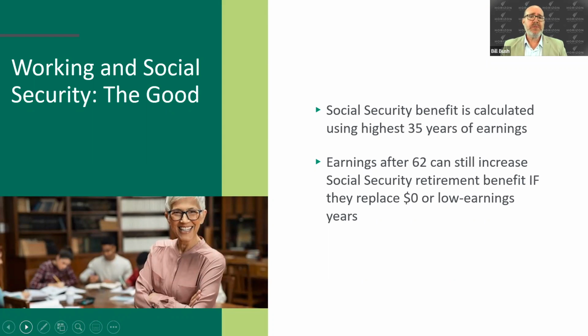But there is good news. So earnings at any age can help you increase your Social Security benefit. And thanks to how Social Security calculates those benefits, replacing several years of those zeros with even modest earnings can positively impact your benefits. And by the way, we do have a webinar solely about Social Security on our website, horizonfg.com, under events. You can see that if you're more interested in diving down into Social Security benefits and how they're